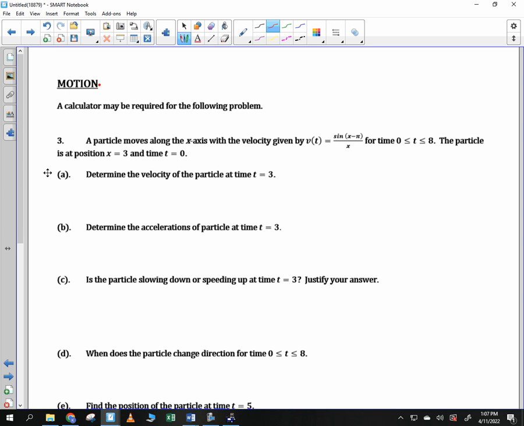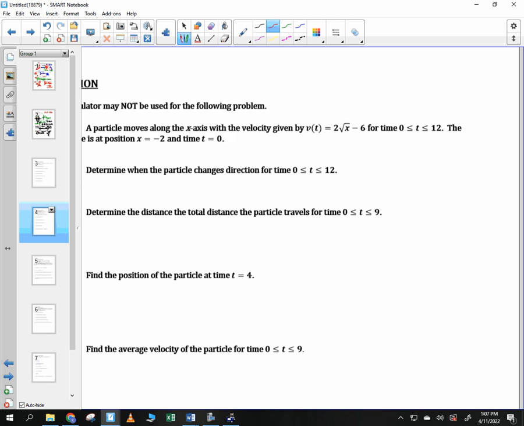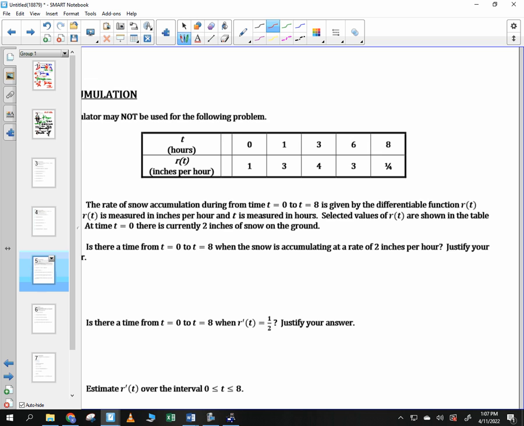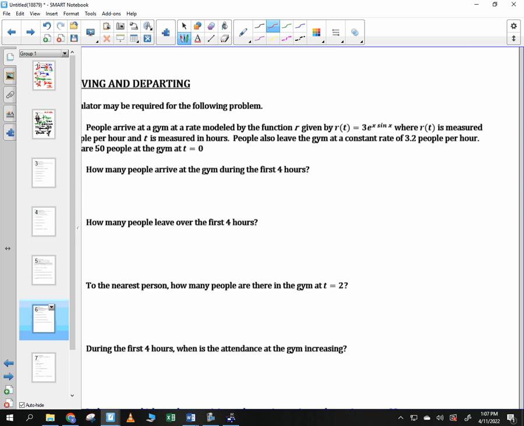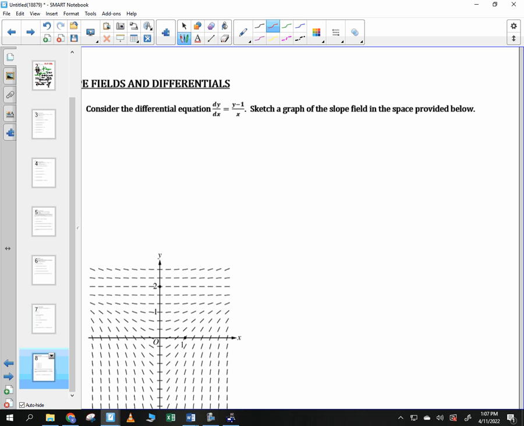You're not going to work on this, but we have motion, velocity, acceleration, particles slowing up, speeding up. You have other motion where you don't get a calculator. We have accumulation and arriving and departing. You've got a nice slope field problem. These are going to be the essential pieces. And if you want to do well on the tests I'm going to give you for this class, and again, I'm used to all sorts of things, and